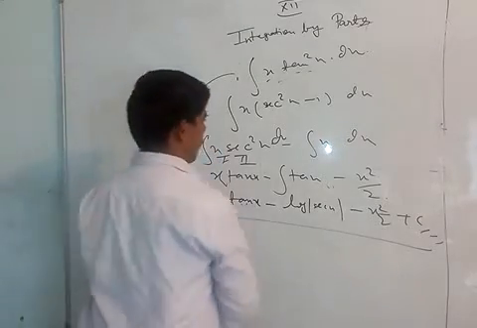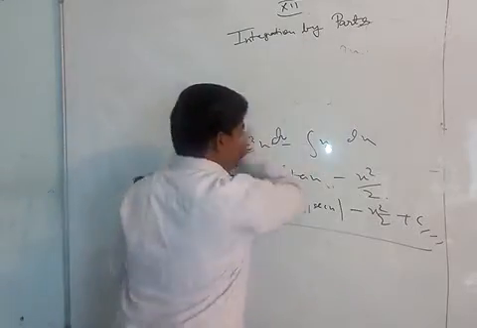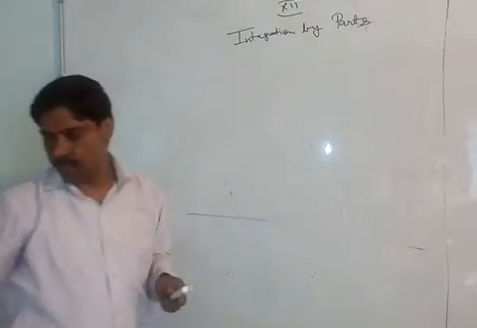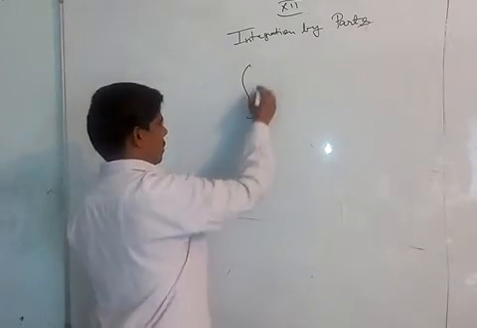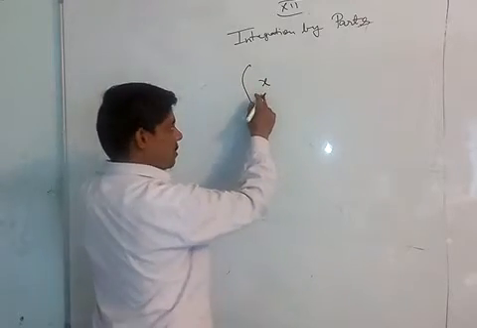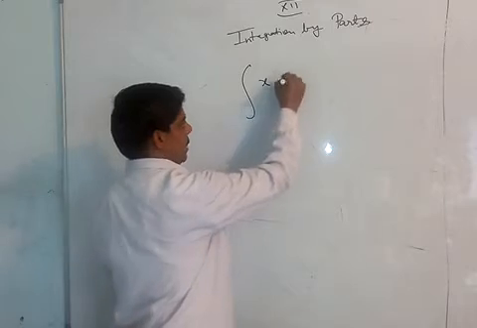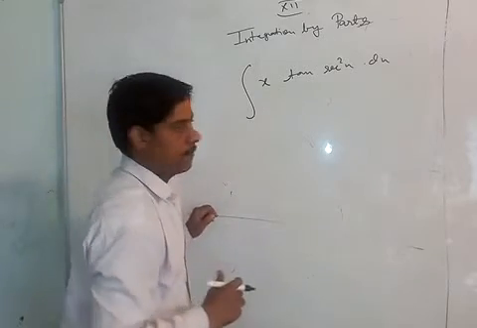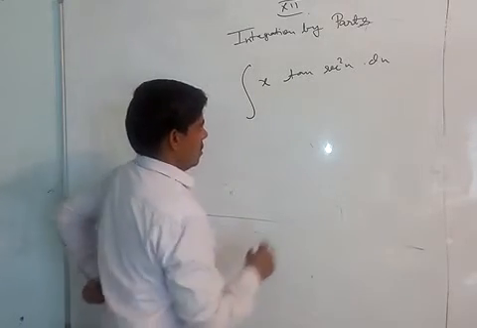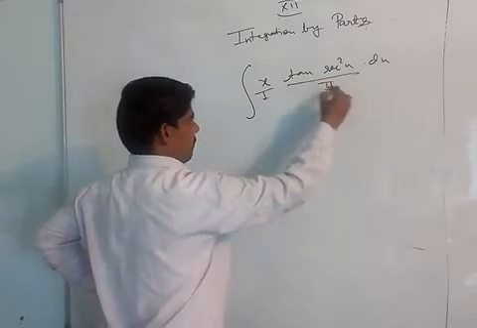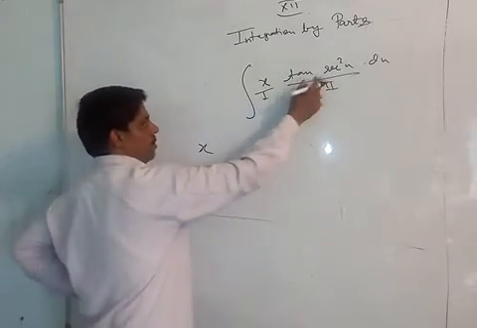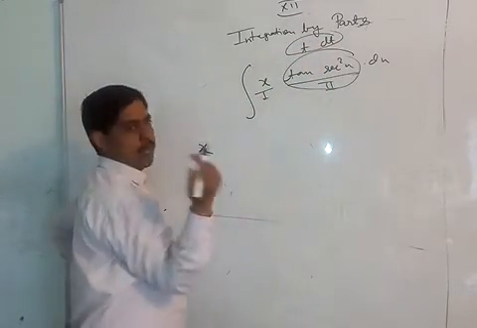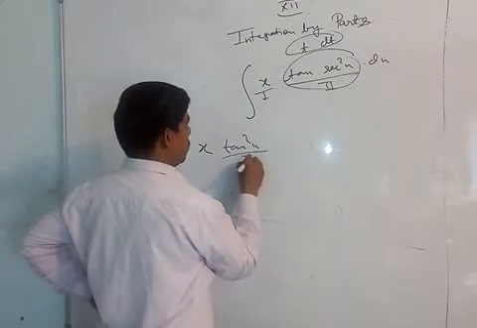Now in by parts we are doing a very important property. By parts is the most important integration technique. Sometimes there is a direct integration also. Suppose it's like this: x, and here something like tan x secant square x dx. Now this is the first function. This complete part can be taken as the second function. First function into integral of second. Now you can integrate this separately. You find this is t dt type. The integration of t dt is t square by 2, that is tan square x by 2.